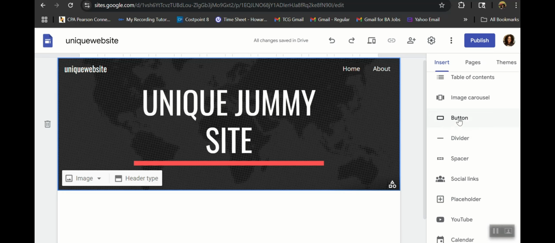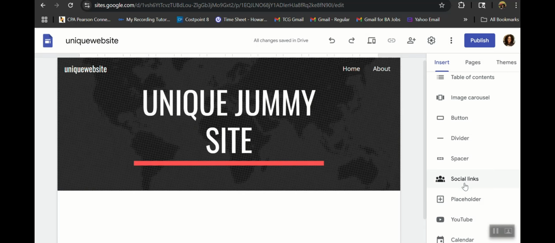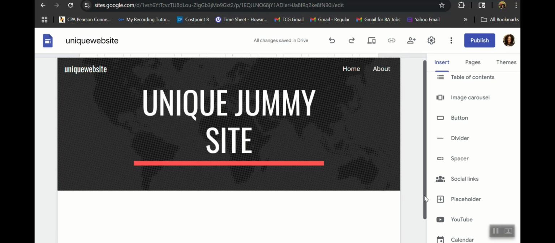If I want to have a button to what I'm typing, you can put that. This is just for you to add a button where people can click to go straight into another website, or if you had a link that goes into your IG page or things like that, this is where you put the button. This is where you do your social media. You can put the links anywhere you want to add it. So the insert is for you to add all this into your page. So we've talked about